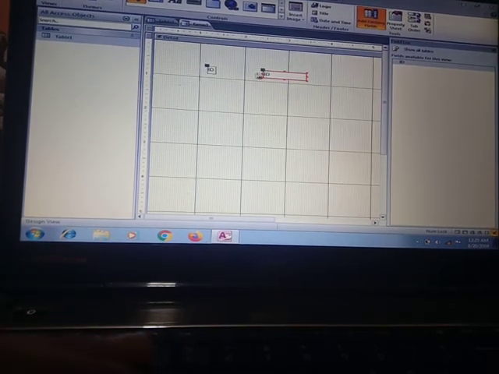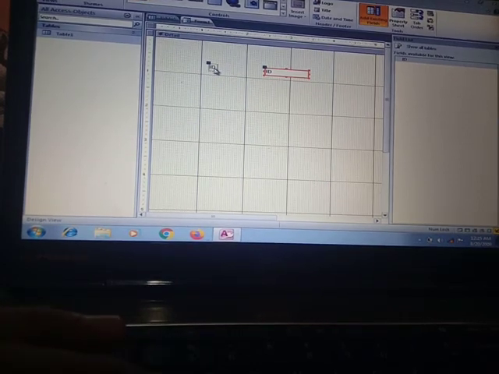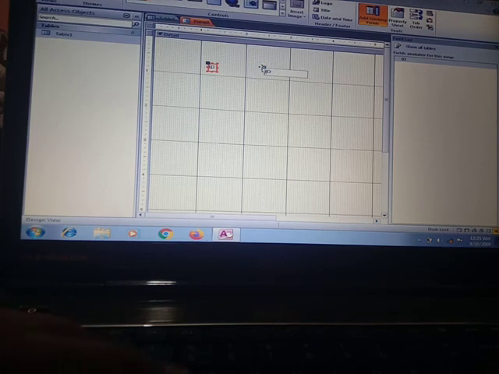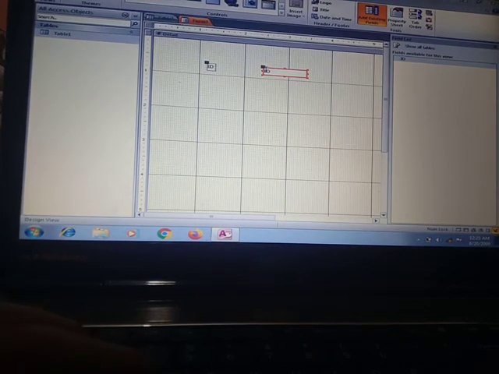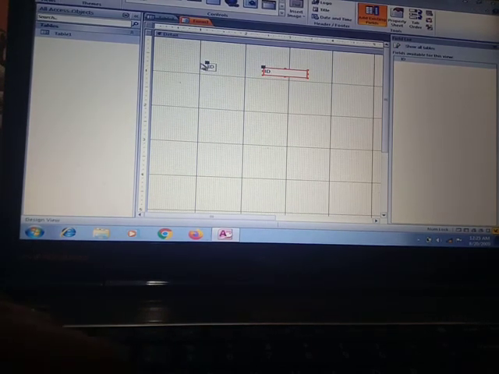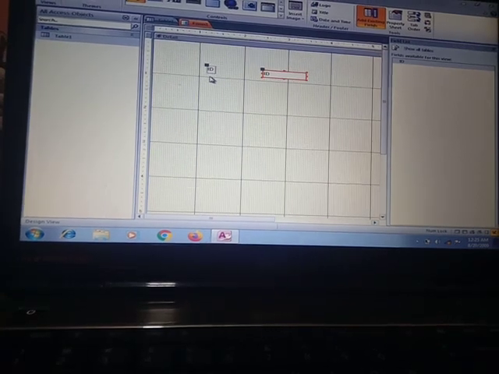After dragging it, we can see that this is the label box of ID where ID is written, and this is the text box. When the form is created, we have to fill in the ID here. Suppose ID will be 1, so we have to write down the 1. So this is how we can make this form.